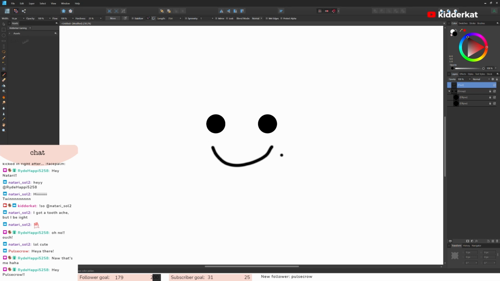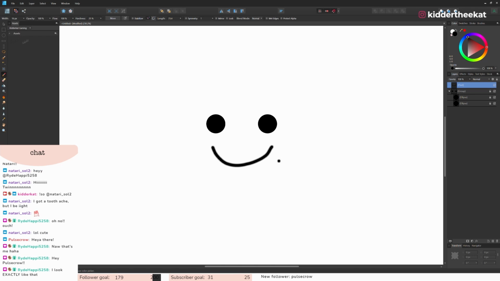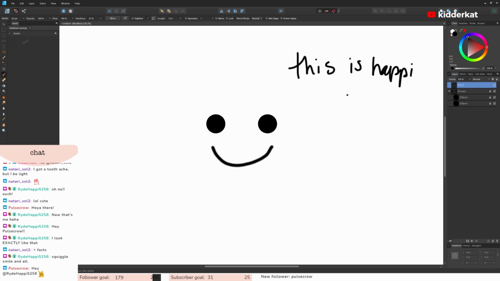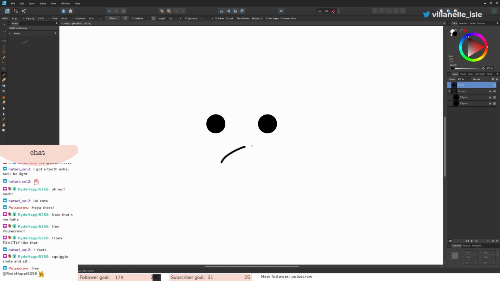But yes, we're talking about emotions today because I got some emotions to create on characters, and this is one too many dots. I have one of those Wacom tablets, and I'm so bad at using it, which is why I never do. I'm using it now, clearly, but yeah, I'm terrible at it. But yeah, so we're talking about emotions. So something like this would be happy, and then